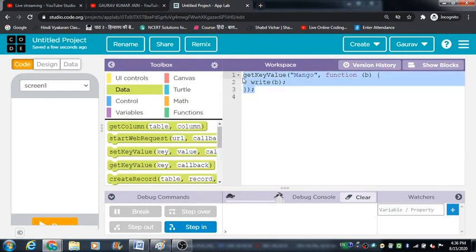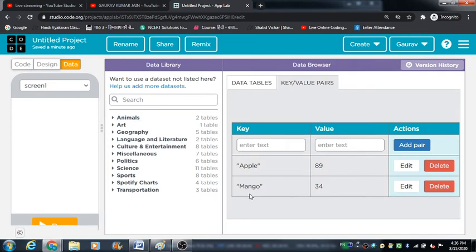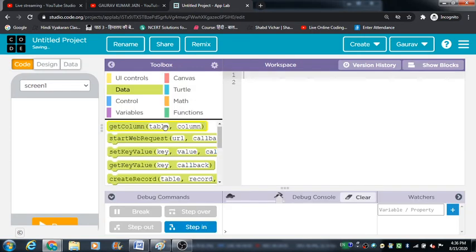Now what we are going to see is how we can make use of these variables if we want to use them in our code, how we can use them for coding a mobile app. That's what we are going to see. So we are going to write down a simple program.